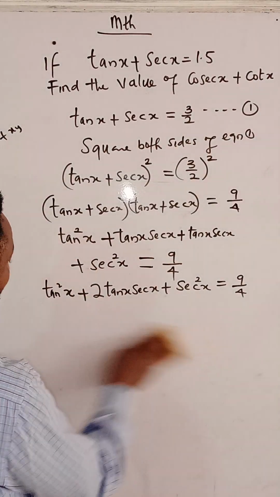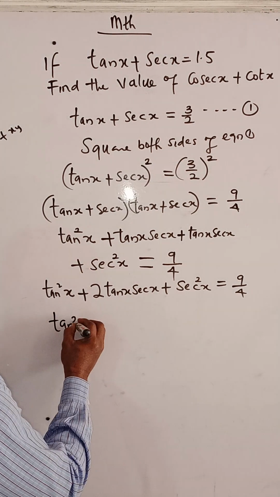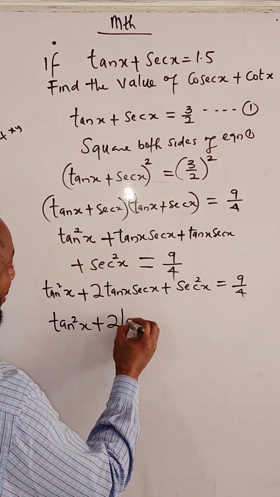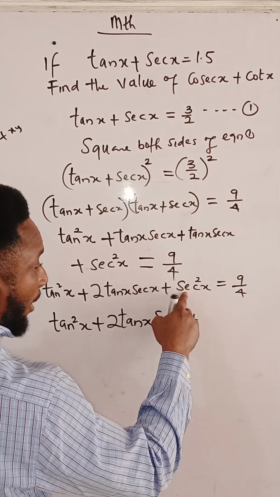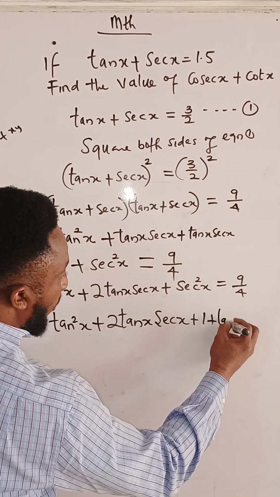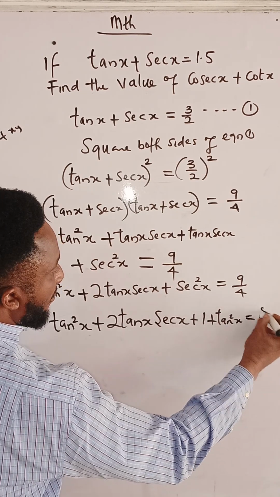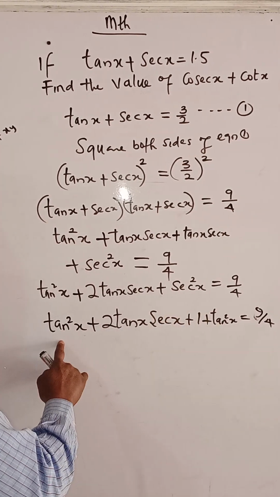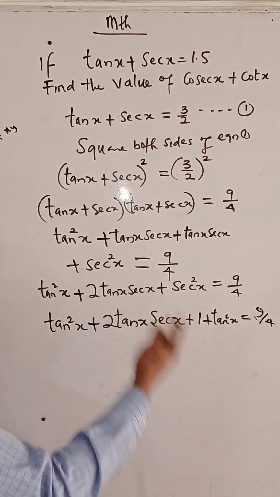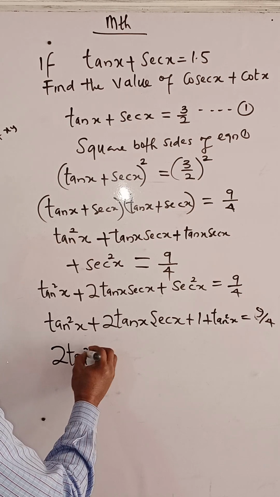And when we do that, we can write the equation as tan squared x plus 2 tan x sec x plus, in place of sec squared x, like I said, we will input tan squared x plus 1 equals 9 all over 4. So at this level, we can collect like terms again. We have tan squared x plus tan squared x. It's more like saying s squared plus s squared, which is 2s squared. So that will give us 2 tan squared x